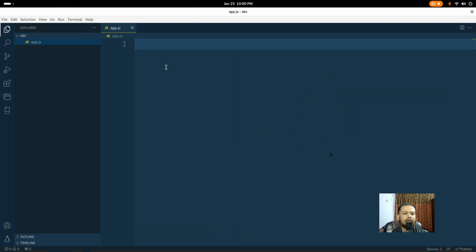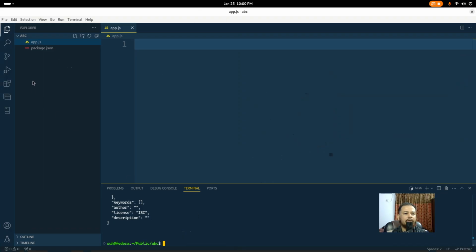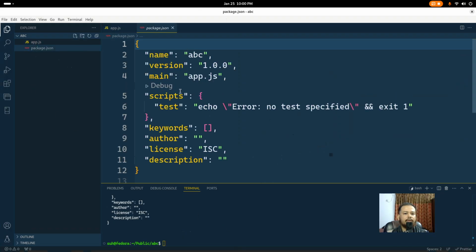And before we start building anything, our first step should be to create our recipe list. That means open your terminal and type npm init -y. This will create a recipe list which is package.json that will save all your packages. So hit enter, and all these default options are okay. So this is the package.json,